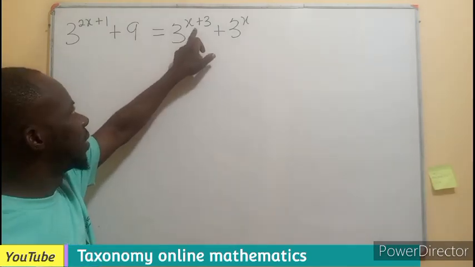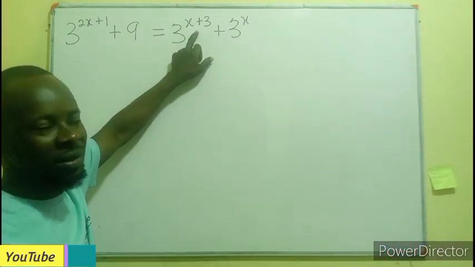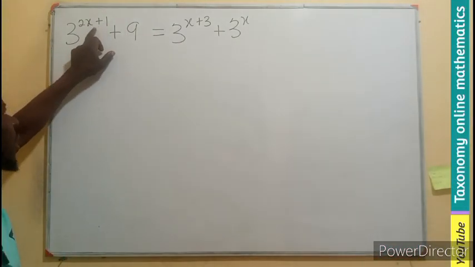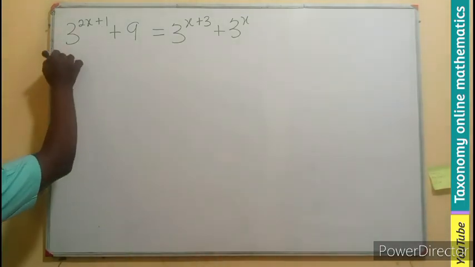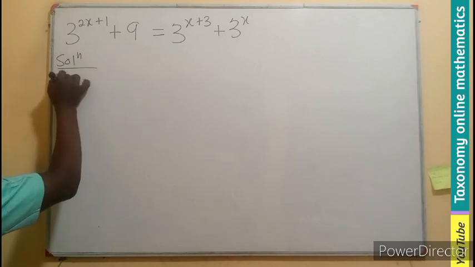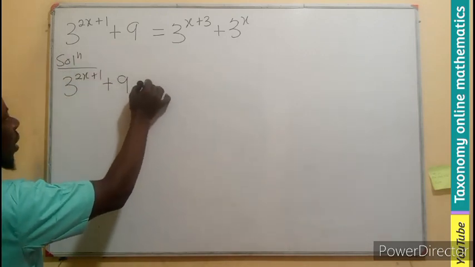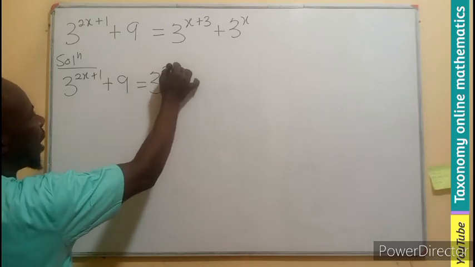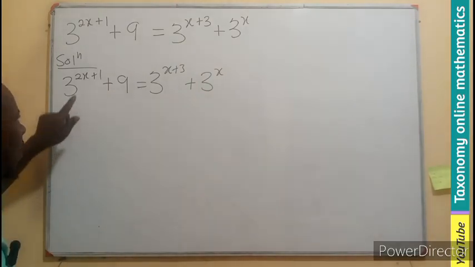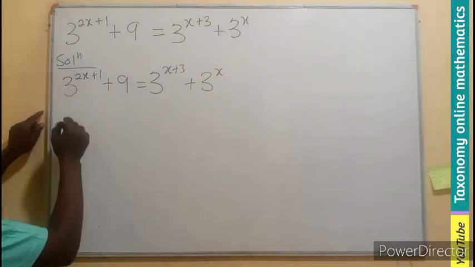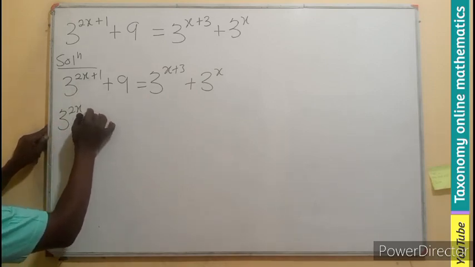We know in this space, the addition also shows a multiplication of base. Then here the addition also shows multiplication of base. So in this case, we can have 3 exponent of 2x plus 1, plus 9, equals 3 exponent x plus 3, plus 3 exponent x. So I'm going to write this as a multiplication, which is 3 exponent 2x, then times 3